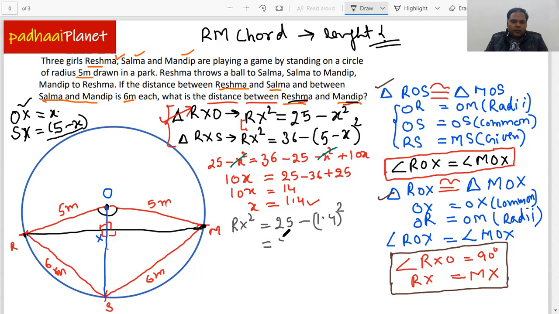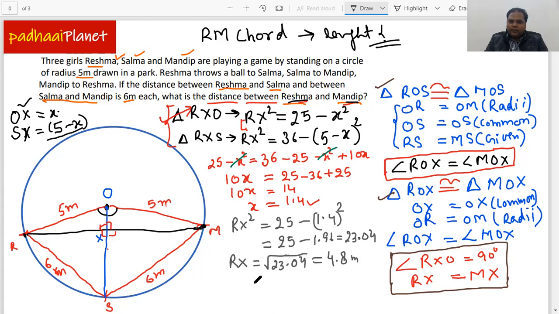So that's 25 minus, sorry, that's 1.96, because the square of 1.4 is 1.96, and that's 23.04. Now we can say that RX is equal to the square root of 23.04, and that's equal to 4.8